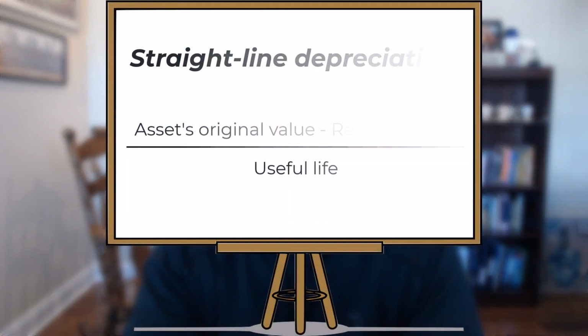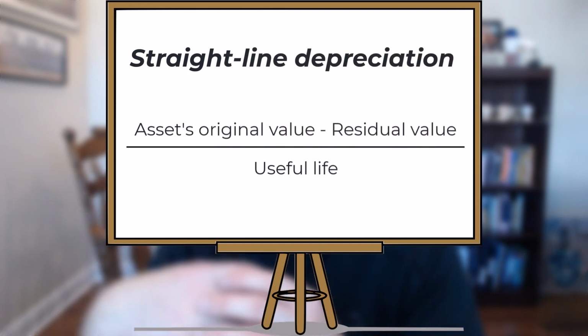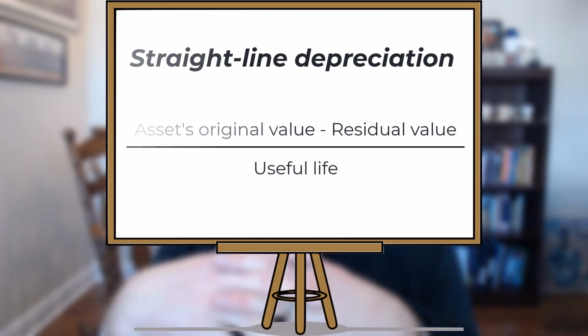Now remember the formula for straight line depreciation. With straight line depreciation, which is a time-based depreciation method, we're going to take the asset's original value and we're going to subtract its residual value, what we think we can sell it for at the end of its useful life. We'll go back to this pizza oven example that we had in the previous video. Let's say we buy a pizza oven for Explorer's Den. It costs us $20,000 to purchase, and we think at the end of 10 years,